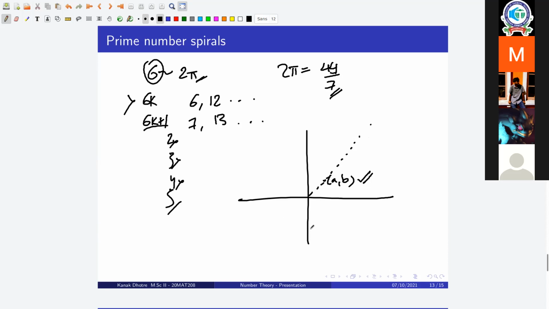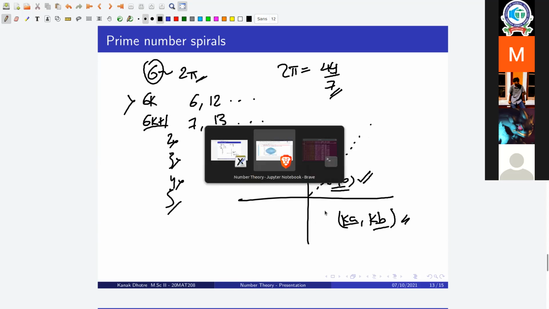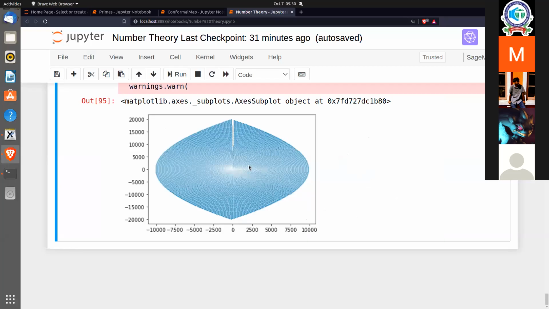I think one of them also verified this property in class. I'm running out of time, I'll just explain it quickly. So for every AB, I can also look at KA, KB, right? And even this will be a triple, like we verified. So for every primitive triple, legs of the primitive triple AB, even KA, KB will form the legs of some triple. Which is why I'm getting these lines that are originating from the origin.